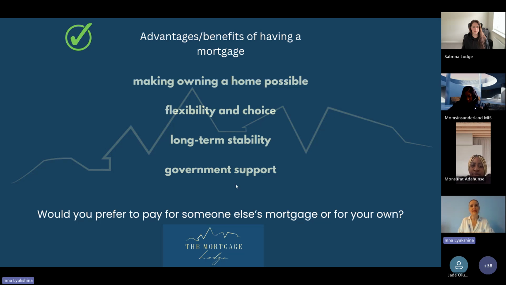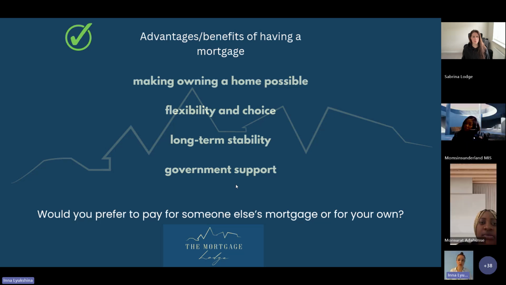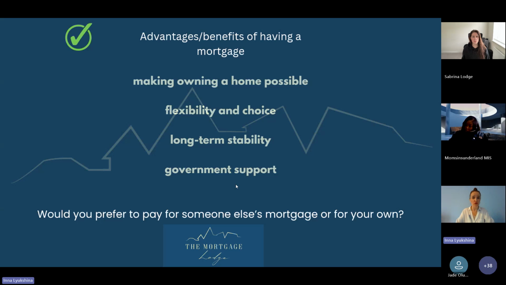And again, this is the beauty that you will not have while you're renting. And let's be honest, we've probably all been in situations where we've been renting, or a lot of you now are probably renting. And I had clients previously where